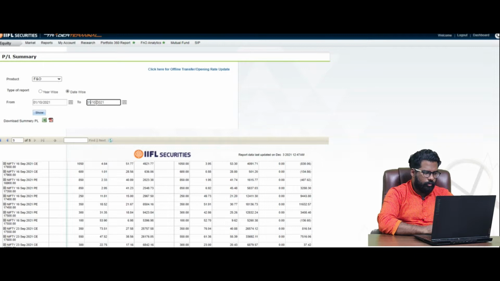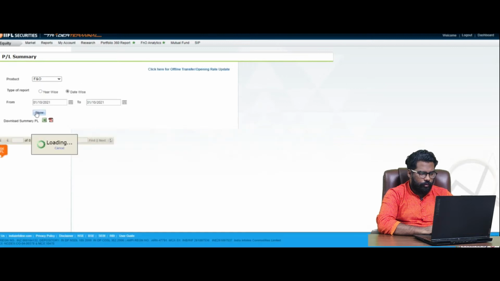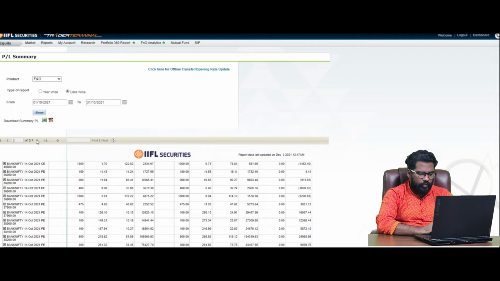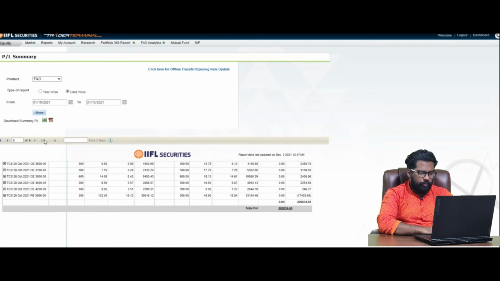Again, October is 31 days. So for October, you can see we have made around 2 lakhs return, which is approximately 4% for the month of October. Now for November, the recent ended month,